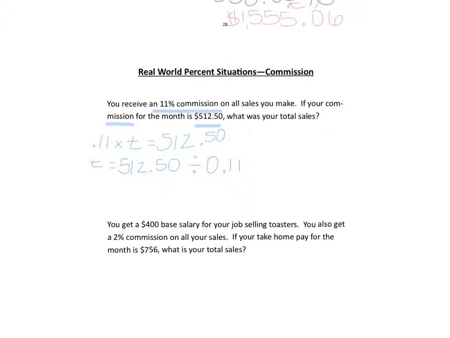Okay? If we chose to go about it as a proportion, we would end up with 11 over 100. Now that 512.50, that's not the whole amount that we sold. That is our commission. That's how much we got to take home. So that 512.50, it's the part, it's going to go in the numerator. We cross multiply, we divide, and we end up with